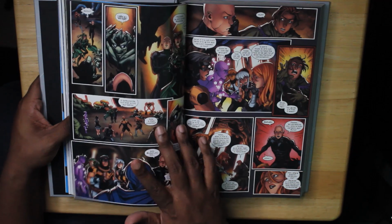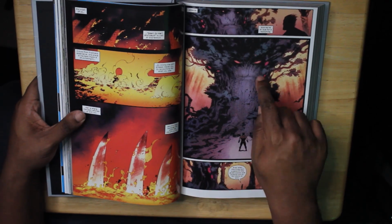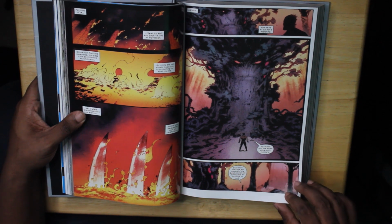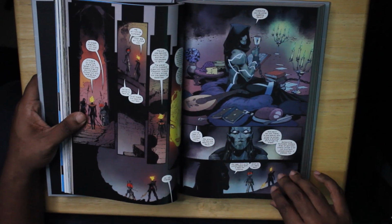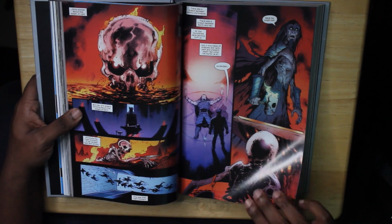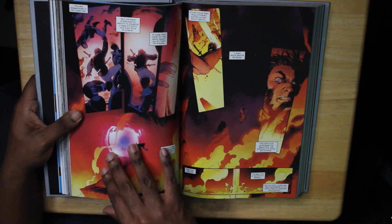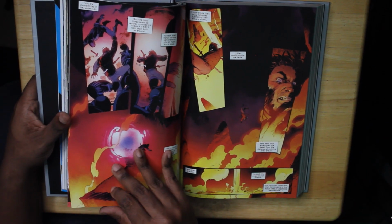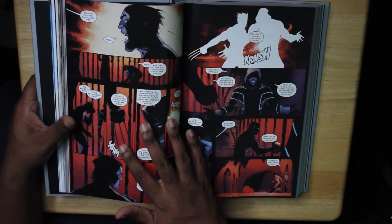So here we are, all up in spoiler territory. I haven't seen any of this so far. There's a really cool shot of Krakoa there and Wolverine. But honestly, I'm all in on Hickman's X-Men. I'm just all in. This is clearly an issue of Wolverine. I think I might have actually read this one. But anyway,